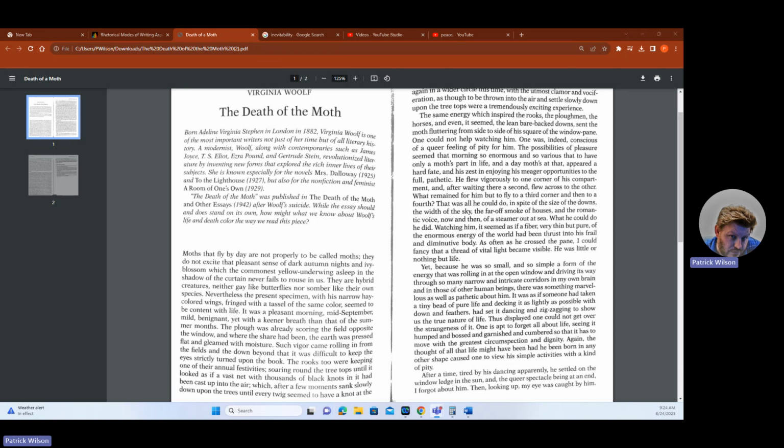So in a lot of ways, this is really what Woolf's essay is about, the human struggle, the life and death of not only a moth, but also humans. It's also a really good piece to use, like I said, and just explain when it comes to creating your own narrative essay.